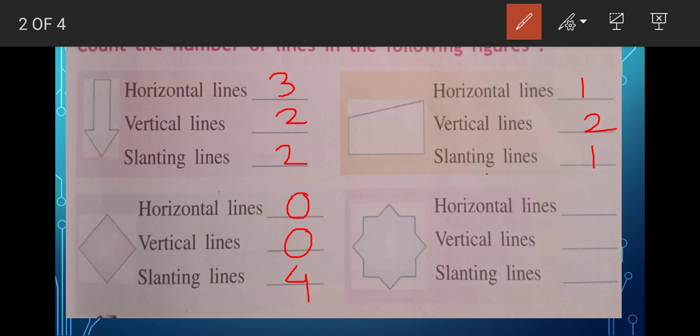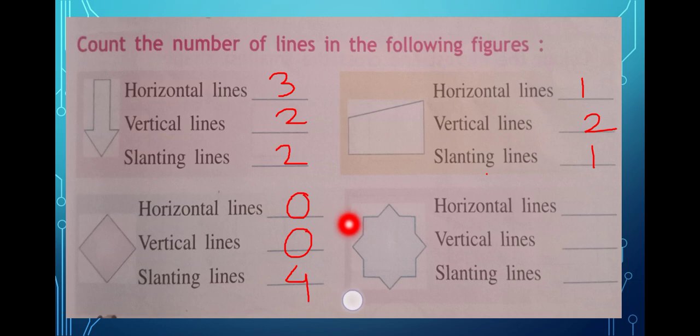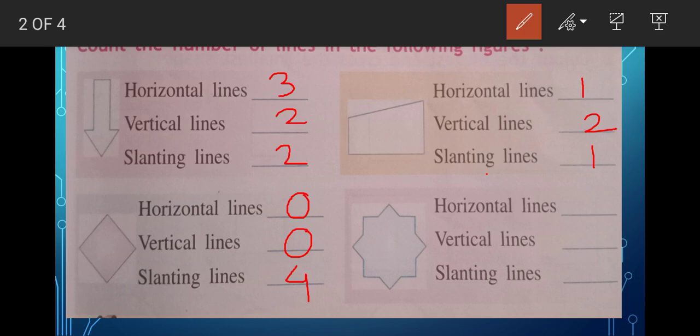Okay children, I hope you understood. Now this is like a star, and you should be very careful here while you are counting. Let us count how many horizontal lines are there. See, this is one horizontal line, the top one, this is another horizontal line. Can you find any more? Yes, down also here, 3, this is another one, 4. Can you find any more? I don't find any. So I found here 4 horizontal lines.